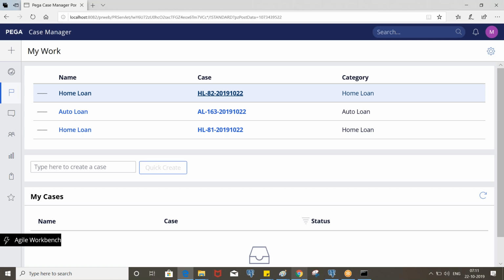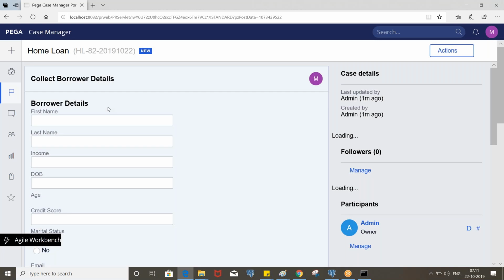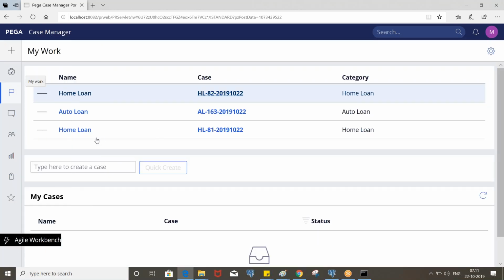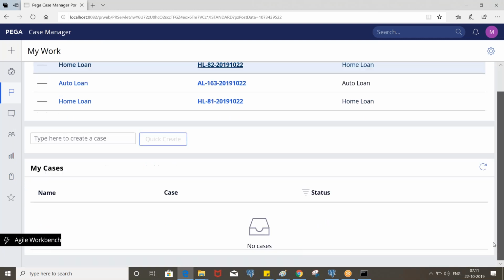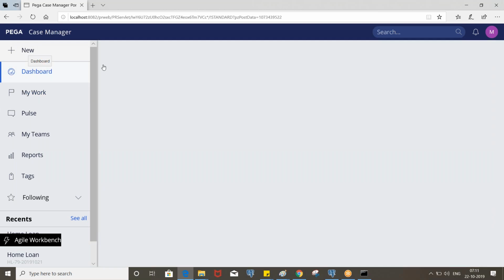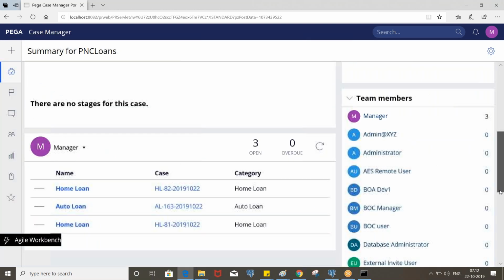Okay, but here, we do not see urgency here, right? So let's open the case. So here we don't see the urgency, so we need to customize the section here.